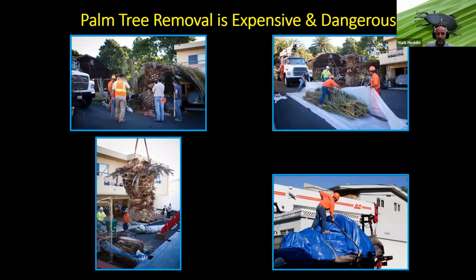So you can see here we're taking down these palm trees, and we have the crew come in, we take the fronds off, we wrap them up in these tarps, so if there's any weevils in there, they're not going to be spread as they drive the truck away. Ideally, this material could also be run through a chipper, and that will kill any pupae and larvae that are in those fronds. The infested trunk here is cut off at the ground, put onto the back of this flatbed